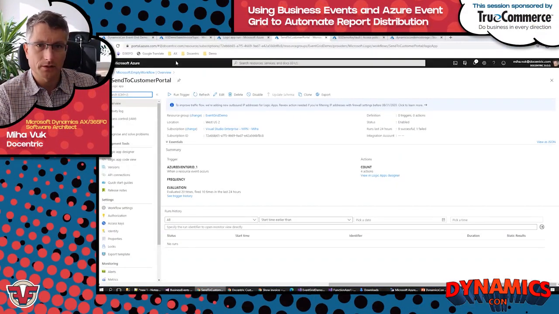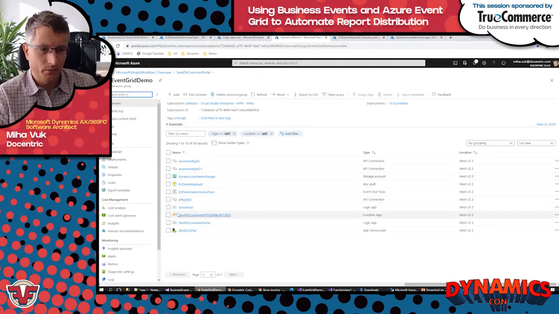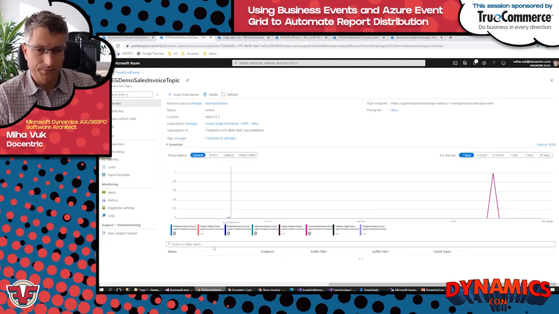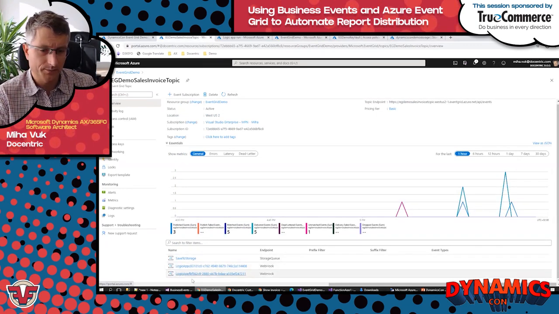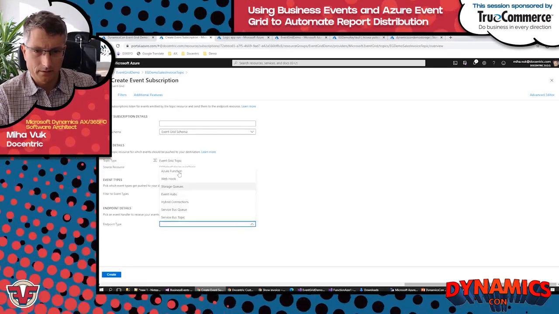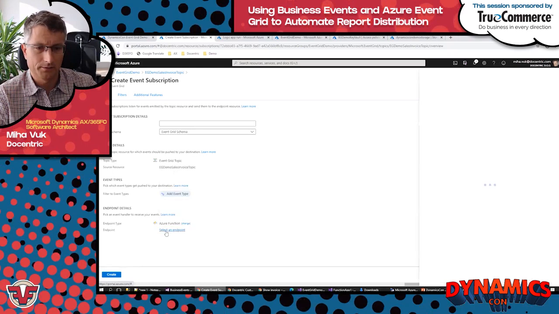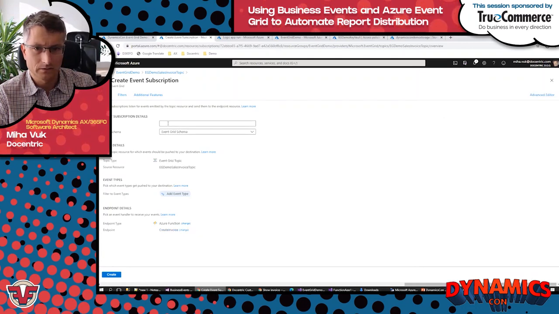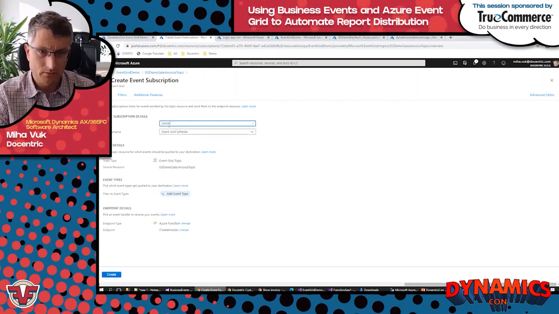Now let's go to Azure portal. Okay, we can. And we see that we have a function app resource and we have an app service resource. So that's an effect that the Azure function has been published. But if we go to our Event Grid topic, we still don't have a subscription for it. We have to manually add the subscription. And let's select here Azure function, select our create invoice Azure function, send to